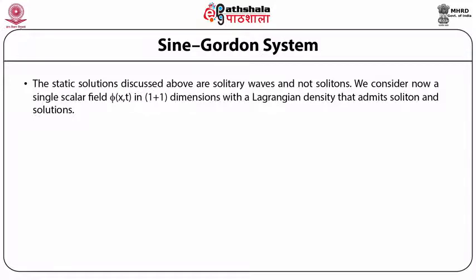L(x,t) = 1/2 (∂φ/∂t)² − 1/2 (∂φ/∂x)² + m⁴/λ (cos(√λ/m · φ) − 1)